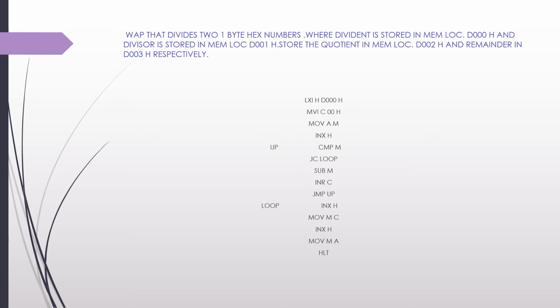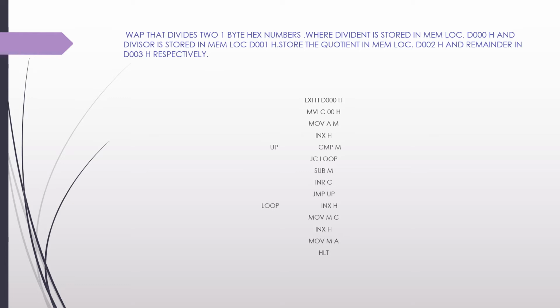Go to the next memory location and compare with it. You are comparing the first content with the second content, and if the first content itself is smaller than the second content, we are not going to continue the subtraction, because that would be something like 2 divided by 3, where we don't have any fractional decimal result here. So we are going to stop the subtraction, or stop doing any further